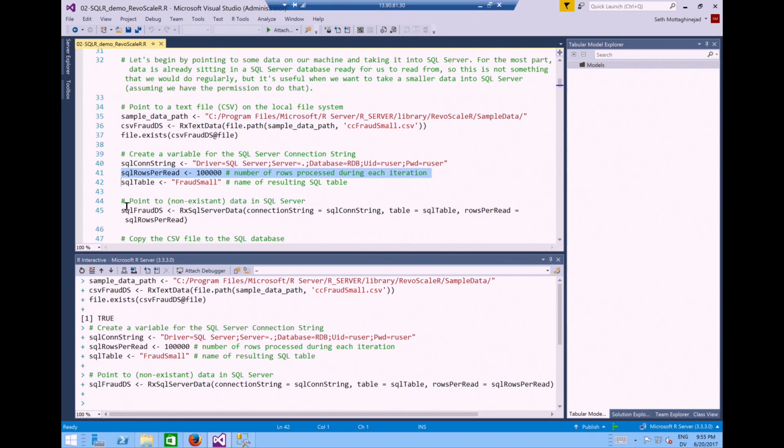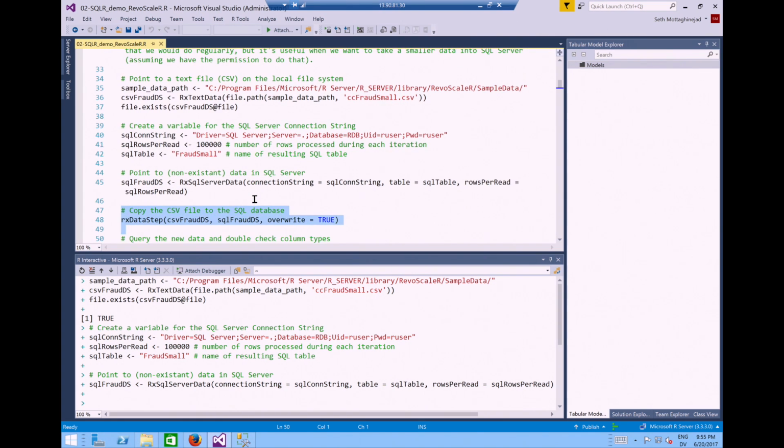What that means is that they can process data chunk by chunk. They can take data and turn it into, in this case, chunks of 100,000 rows, and they can process the data chunk by chunk. This gives us scale and performance. This makes it so that we don't put too much strain on SQL Server when we process large amounts of data using the R server.